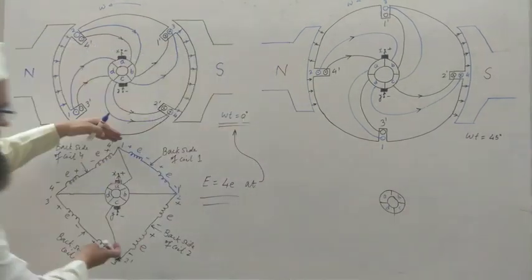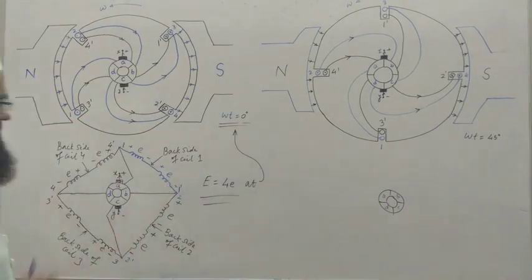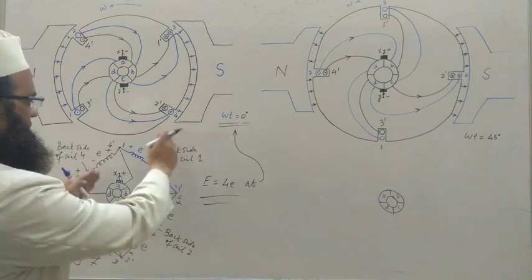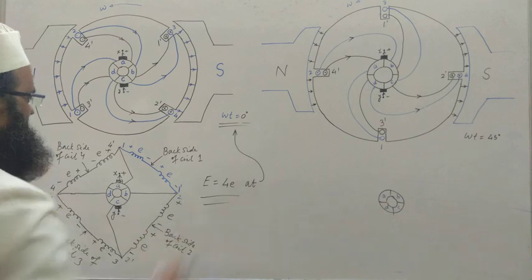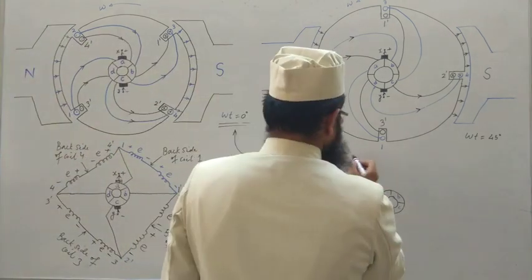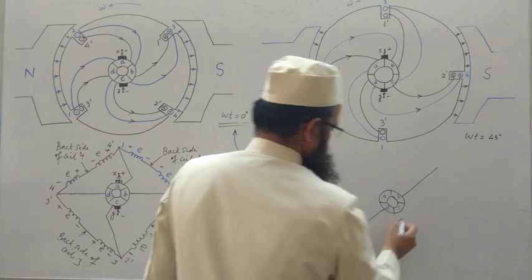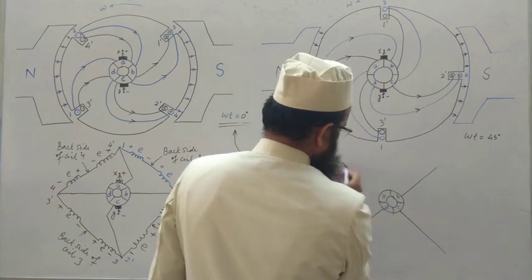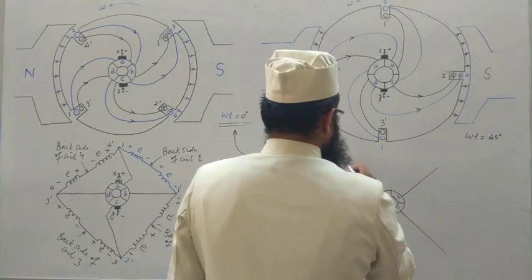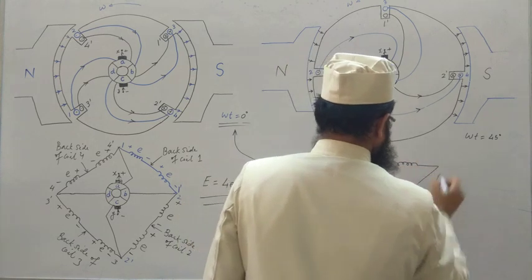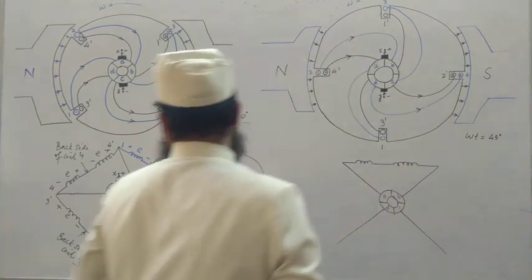Just rotate this by 45 degree. So this will be 45 degree. This is 45, looking 45. So rotated 45, it will be parallel to this line, right? Okay. So just draw first these lines. And mark the coils. So this will be 1